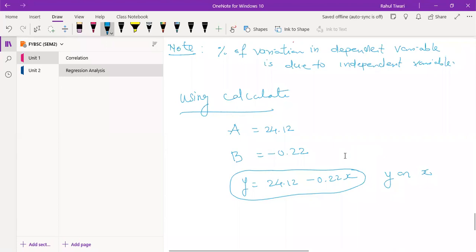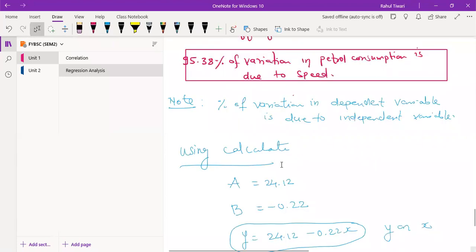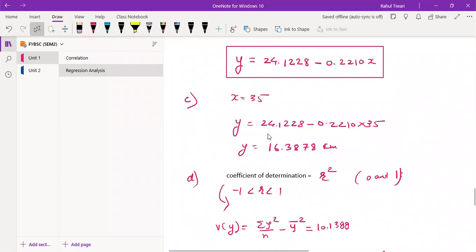Now if you match this answer with your previous answer, can you look at 24.1228? That is your A and this is your B with negative. Is this value visible? I can say this value will also work, and the value below will also work. Can you understand? So if I have data X, Y, then within 2 minutes I can calculate the value of A, B, and the coefficient of determination.